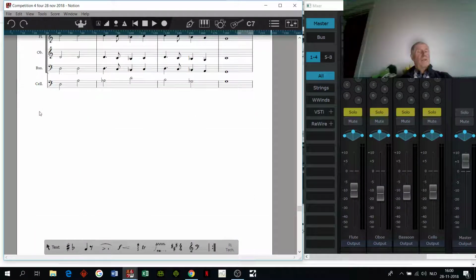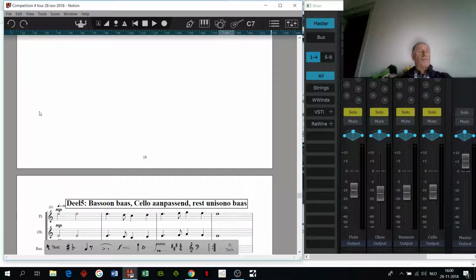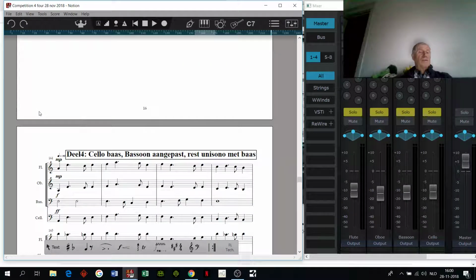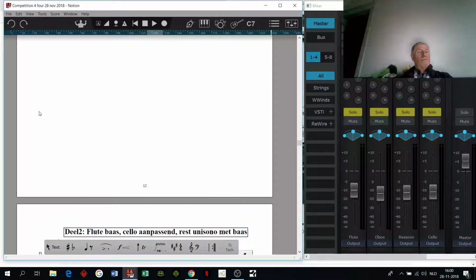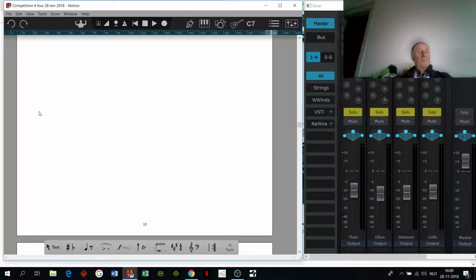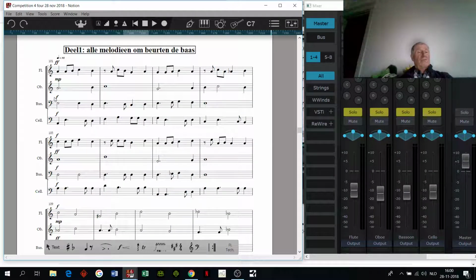Now that shows that if only one is a complete bass, so has complete dictatorship, the diversity becomes zero. Well, if there is a complete flat democracy, like in part 1, the diversity becomes very high, but maybe the musicality is not that good. So I let you hear it again.